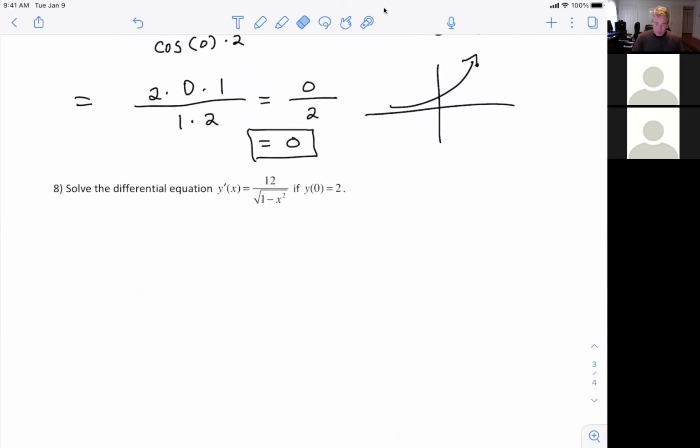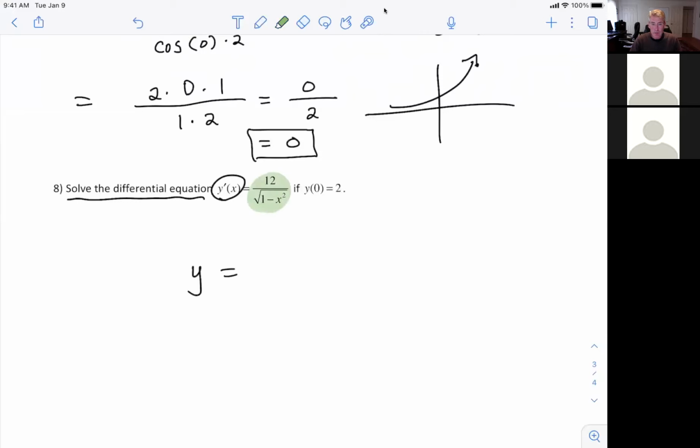So another way to say find antiderivatives, or another way to say integrate, is to say solve the differential equation. In other words, if you already know what the derivative is, then what is the function? So using the rule that I said earlier is one way to do it. Another way is you just look at the function,